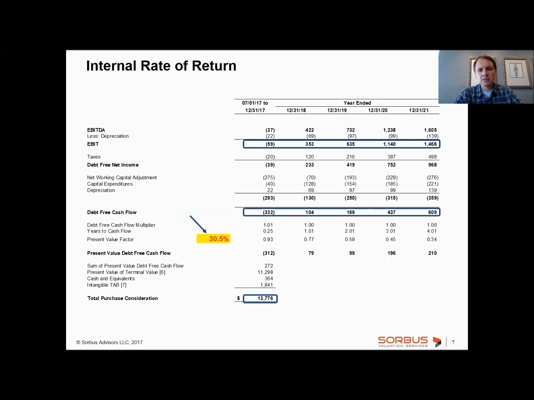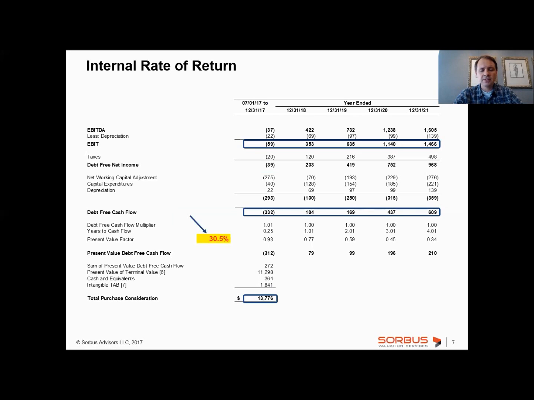Now, this number is important in several ways. First of all, this number is important because it is indicative of whether the transaction was priced at fair value. If this number is too high, then there is a possibility that your auditors might determine it was a bargain purchase. In other words, you paid too little for the company, which is obviously not a problem for you in strategic terms, but in accounting, a bargain purchase may lead to certain accounting adjustments.